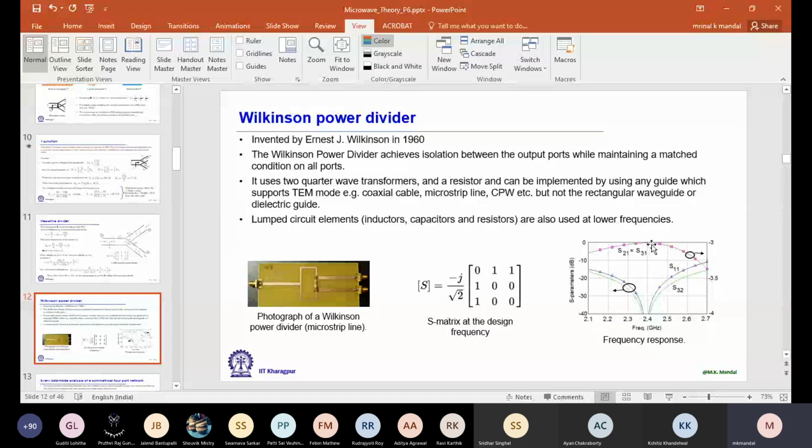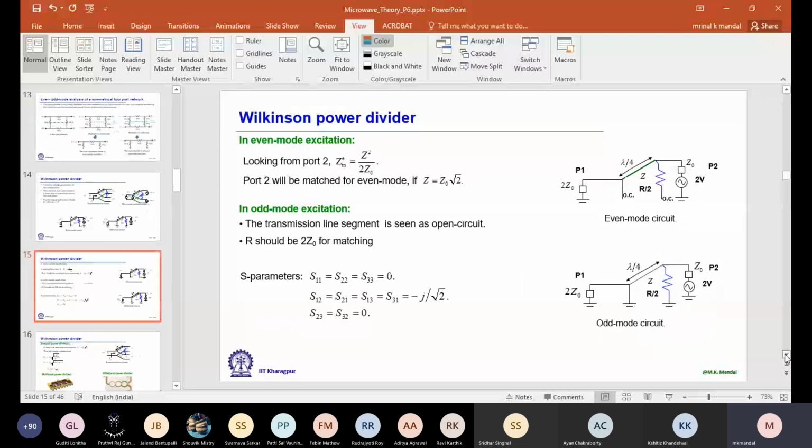Okay, and if I go left or right with respect to the design frequency, then this property will change. But in most of the cases, we define some values. Let's say isolation of 30 dB is enough for my application. Now, in addition to isolation, obviously there will be some conditions on amplitude, matching, other things. So if you look at those values, then we can say that it is valid over a given frequency range. Now, practically, if we need to improve the bandwidth further, what can we do?